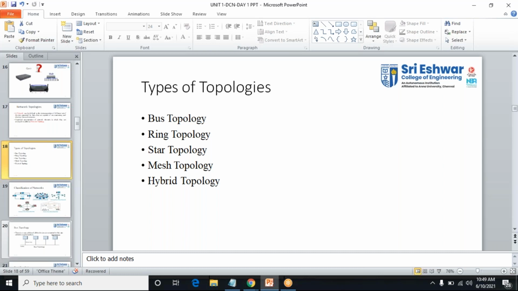These are the topologies we have learned yesterday, and you are going to implement these topologies in the lab also. I think we have a communication networks lab, right? So in the lab also we are going to learn these things. I'm going to explain these topologies, and in the lab we are going to implement them, to see how the data or packets or the message is being transmitted.